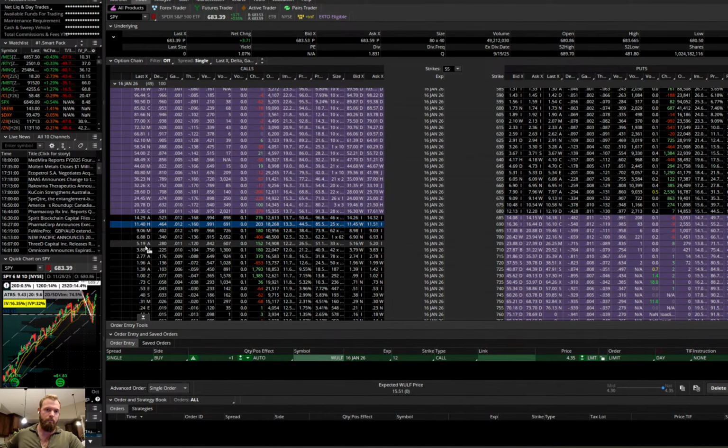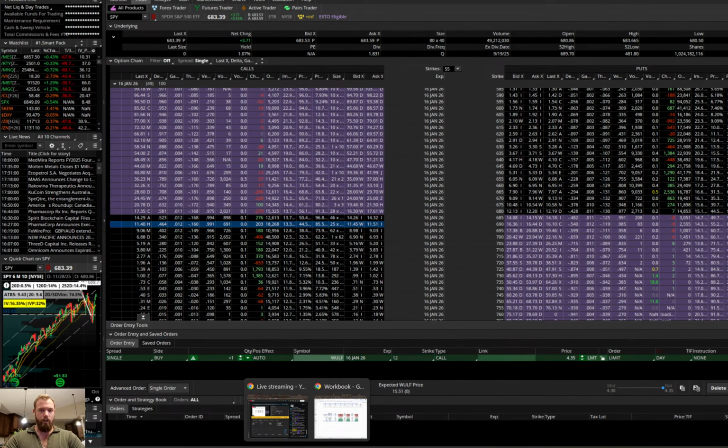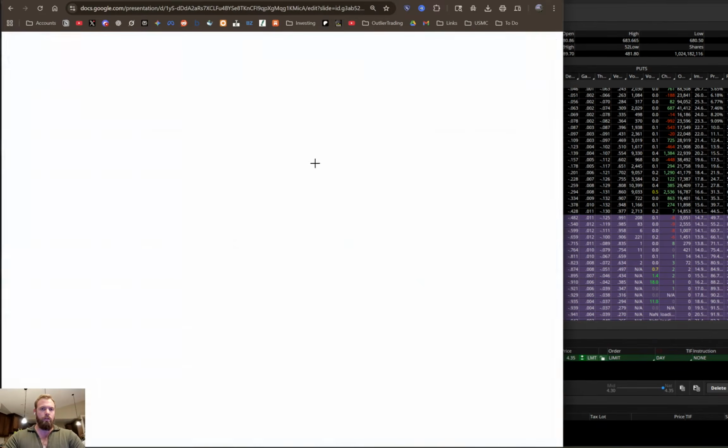So to summarize, I would absolutely just use the probability calculations, because the other thing that gets messed up is the probability of a touch, where people infer that it's 2 times delta, which also breaks down quite a bit. So it's a great question. I hope that helps. If you have any follow-ups, let me know.